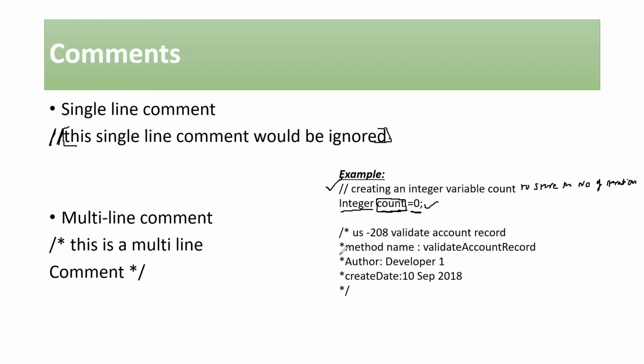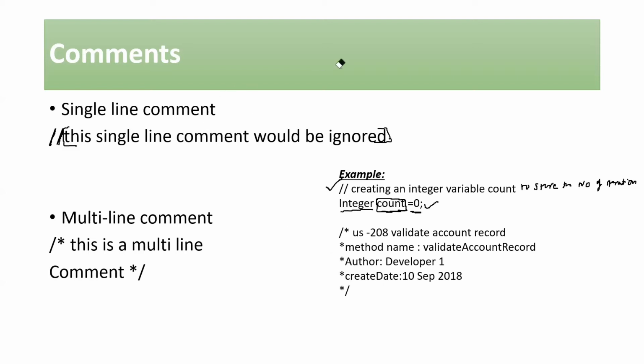Now let's say there is a requirement wherein you need to add multiple comments. Let's say you wanted to mention the user story or a change that you have worked upon, so that it is properly documented. In case you have to do that, you have to add multiple lines. You cannot put everything in a single line. The readability is also important. In case you want to add multiple lines and comment them out, you do not have to use this 2 backslashes method for every single line. You can make use of a multi-line comment. What exactly is this multi-line comment?